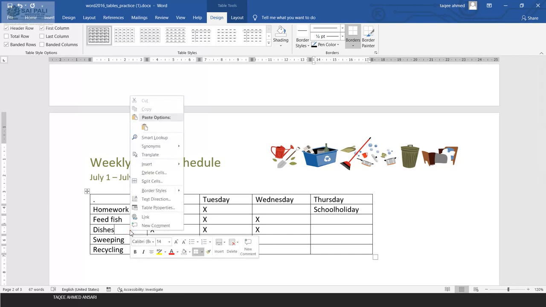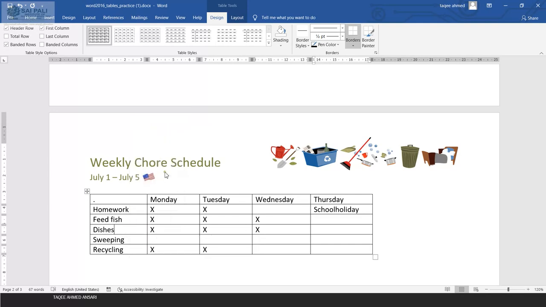Now if you delete a single cell, that is what we don't do actually, because it can misconfigure the data. Suppose I select delete the cell, it will ask me to shift cells left or shift cells up. That means I am deleting this cell which is dishes. If I choose shift cell left, then this X for Monday will go in place of dishes. It will corrupt the data, because the rest of the line will be moved to the left side. Or if I select shift up, then this sweeping will come in place of dishes.